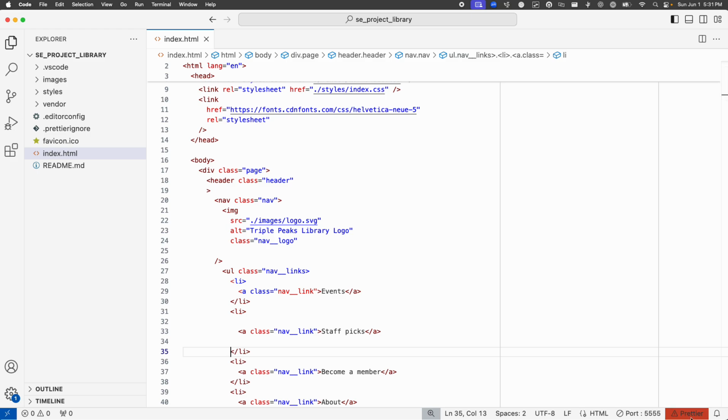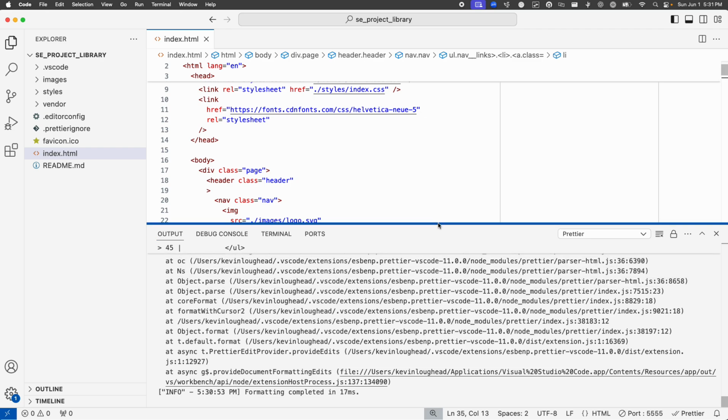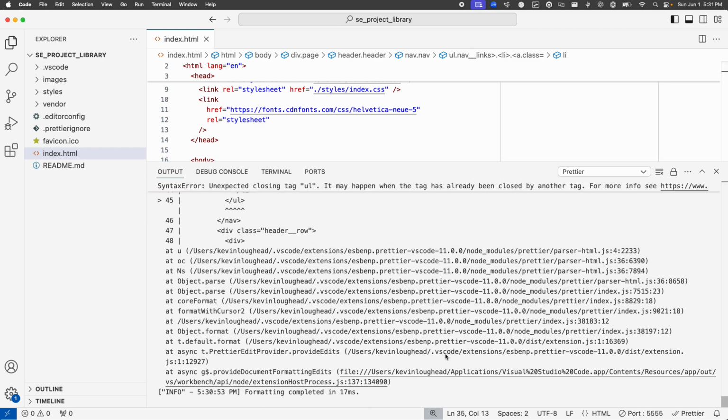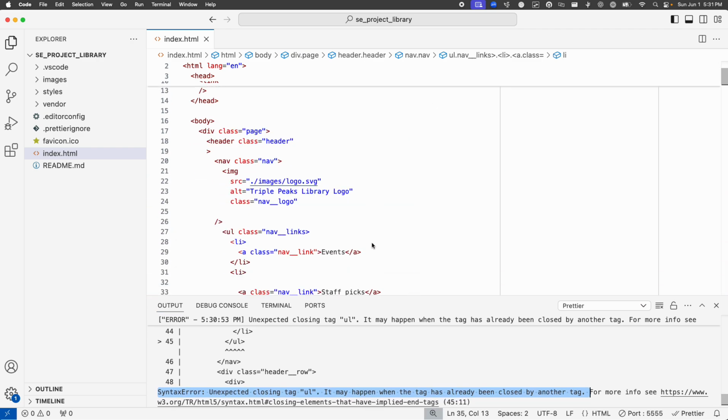The Prettier icon turns red, and you can get information about what the issue is by clicking here. It'll open the problems tab, and there's a whole lot of this, which is not very useful, but it shows you this. It says syntax error, unexpected closing tag UL. It may happen when the tag has already been closed by another tag. But this is not really a helpful error message, I don't think. Not especially helpful